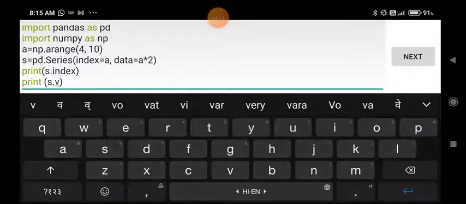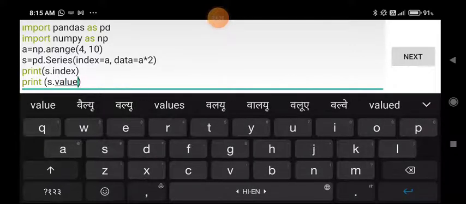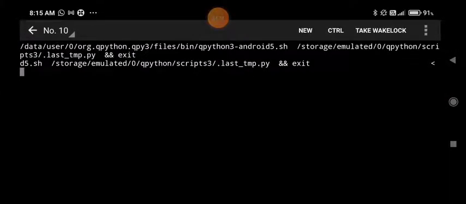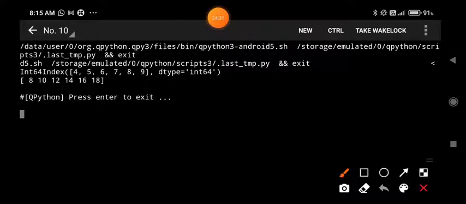Now if we write s dot index and then s dot values, so here if we try to execute it, at that time you can observe its output: in the first line the index will be displayed like index 4, 5, 6, 7, 8, 9, and then in second line we are getting the values like 8, 12, 14, 16, 18.